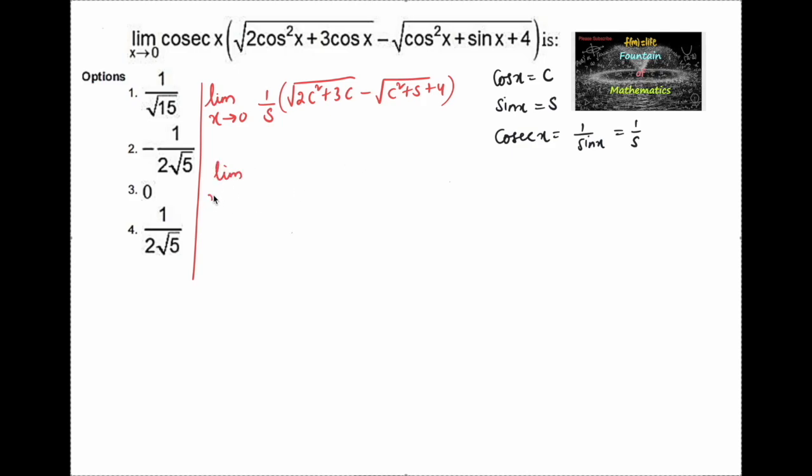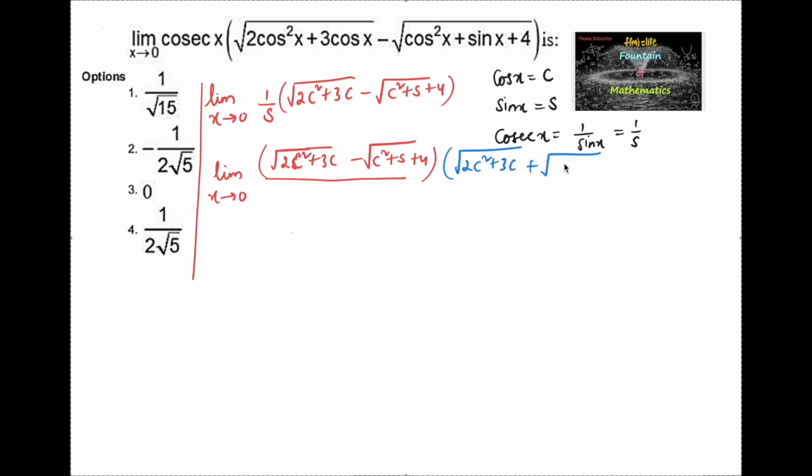Multiply and divide with under root of 2 cos square plus 3 cos plus under root of cos square plus sin plus 4, divided by under root of 2 cos square plus 3 cos plus under root of cos square plus sin plus 4,